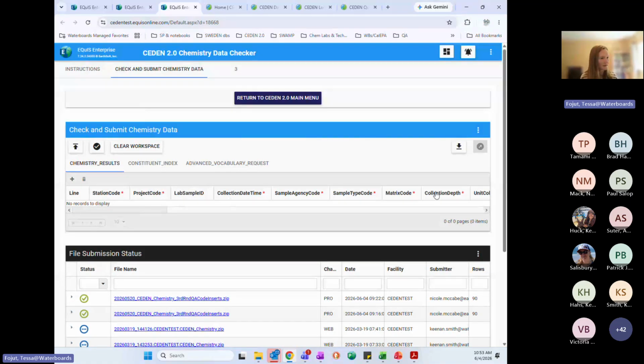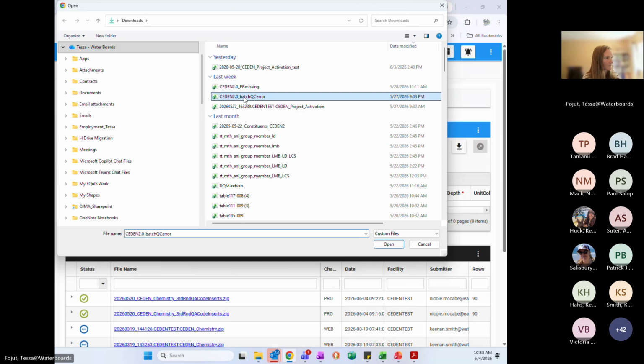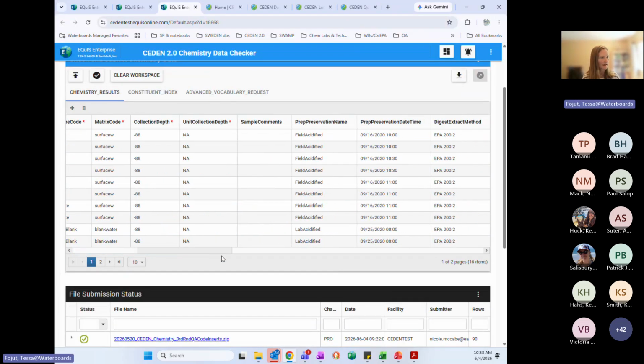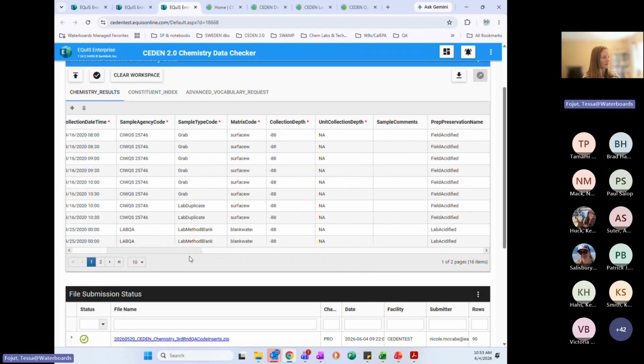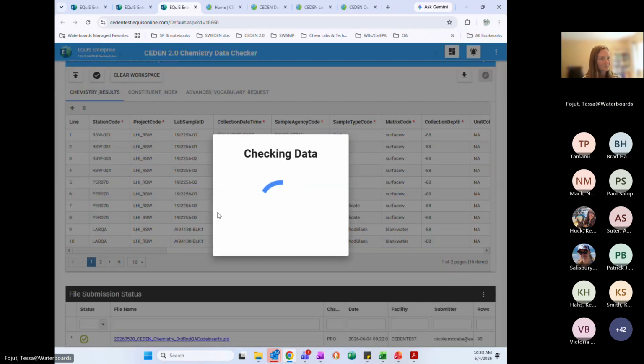So this is the template loaded, and then you can go here to upload your file. And then it'll show up here and you can look at it, make sure everything looks correct. And then you can check your file.